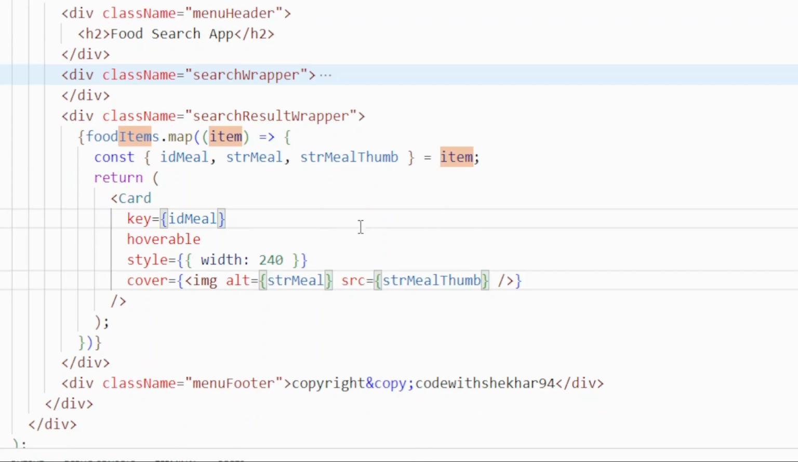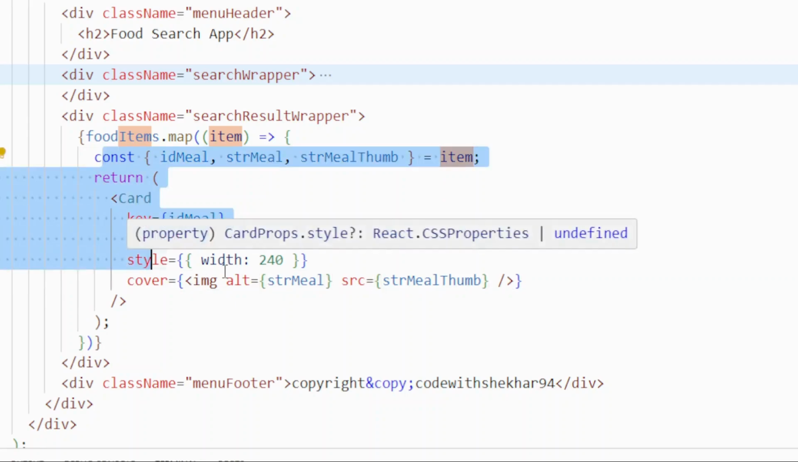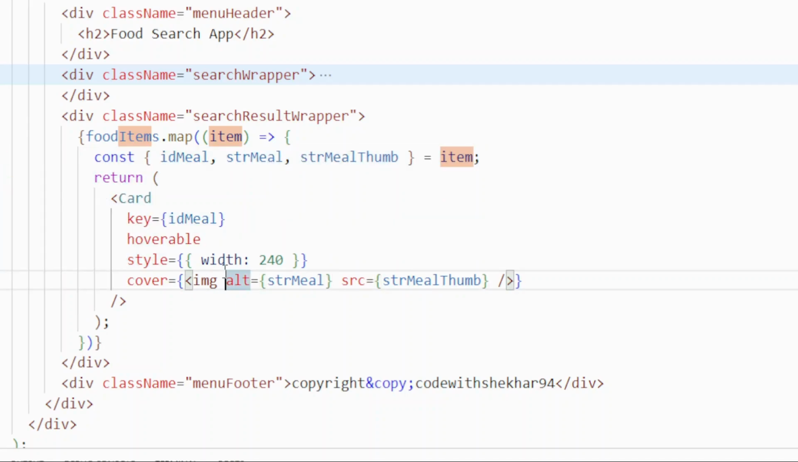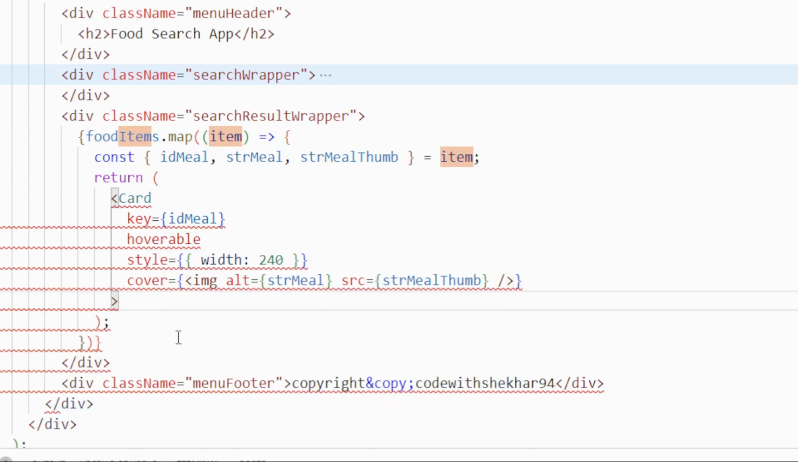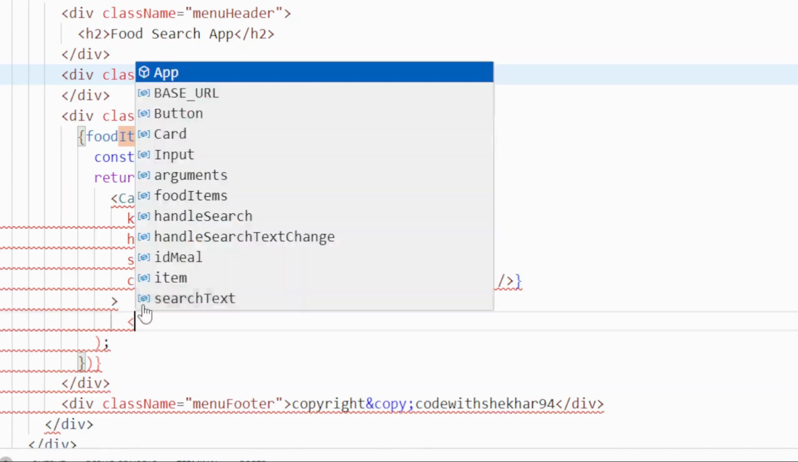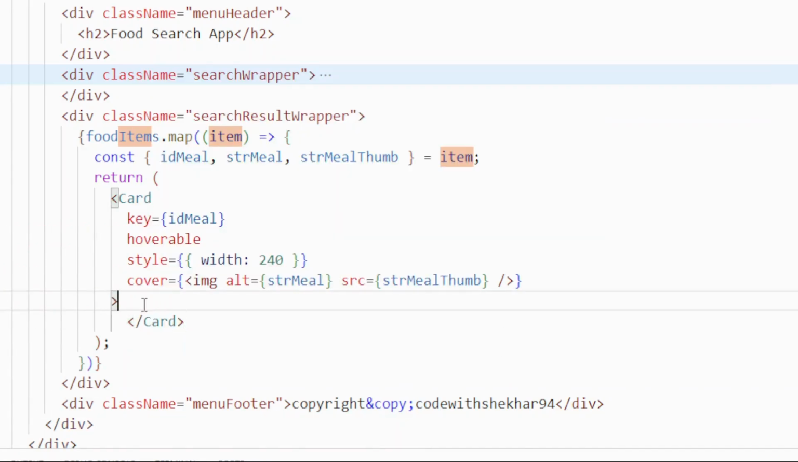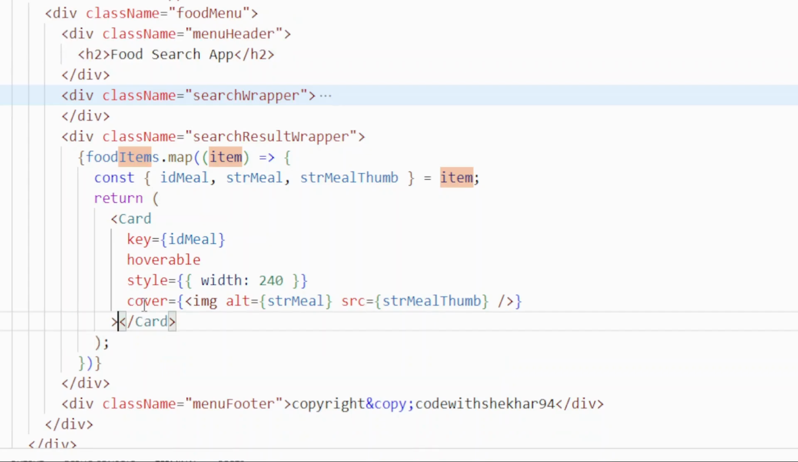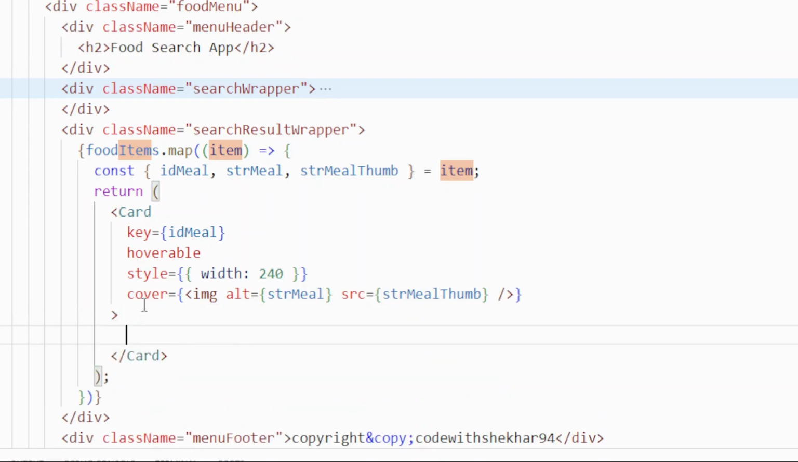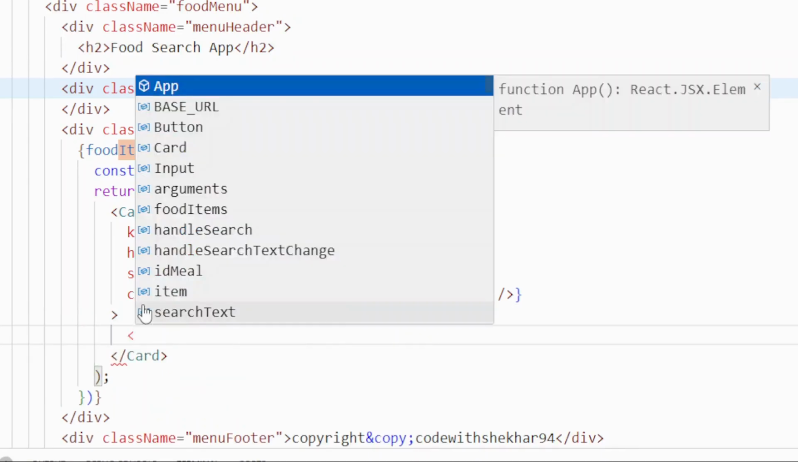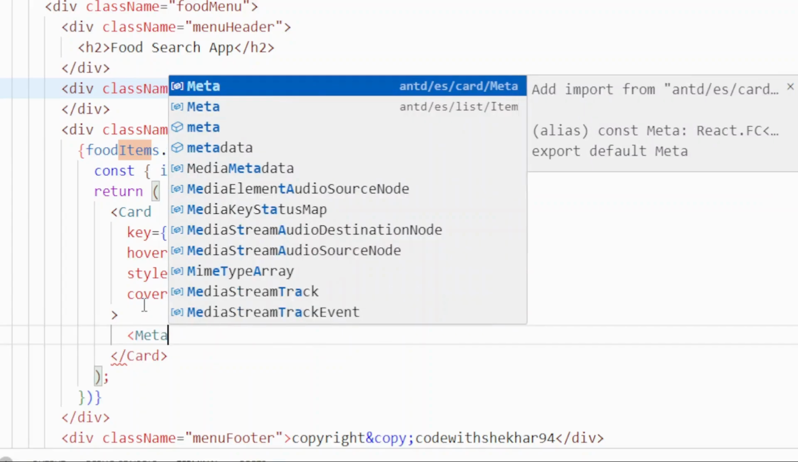So code becomes a little bit better. And with this I think our card is ready. The next thing that we want to add is some meta information for this card. Also, we don't want to close it here, so let's put a separate closing for the card, and that's the closing for card. Let's put a meta tag, and within meta, again this meta is also coming